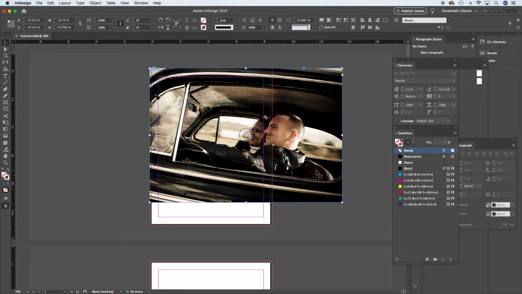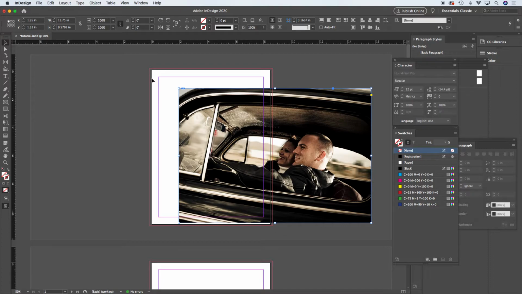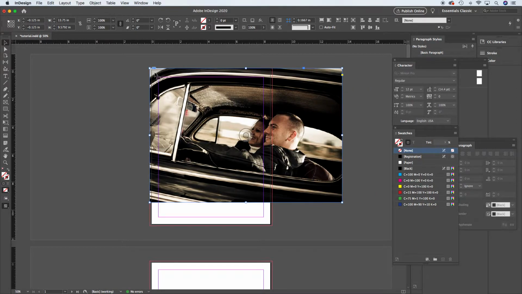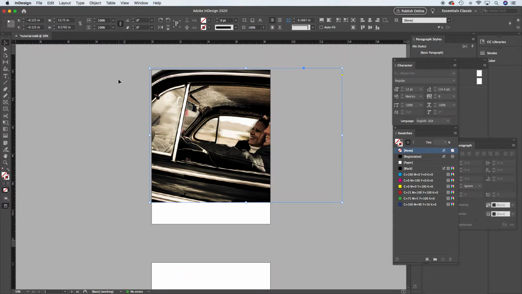So now I'm going to scale this down, and I've set it, when I placed it, to the bleed guide. So I'm going to keep that because I want this image to actually be showing to the edge of my page. So remember, if we press W, that will give us our